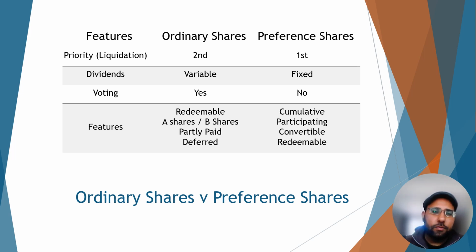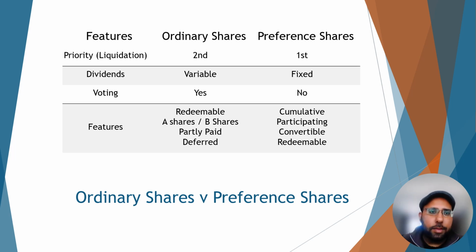When it comes to voting rights, as mentioned on the previous slide, there are limited to no voting rights. So when there are big corporate decisions or appointments of board members, preference shareholders won't get involved. But you've got to remember why they invest to begin with. If you're investing in preference or preferred shares, you're there just to pick up that fixed dividend, and that's about it. You're not so much focused on the overall growth. Now we're going to look into some of the key features because there are multiple different types of preference shares out there that you can buy.